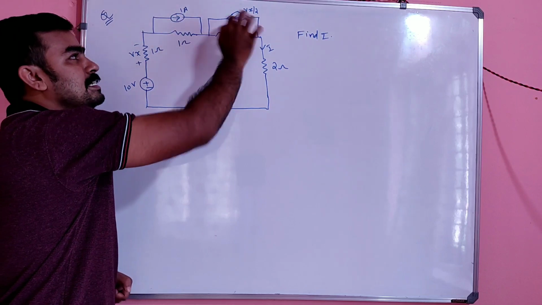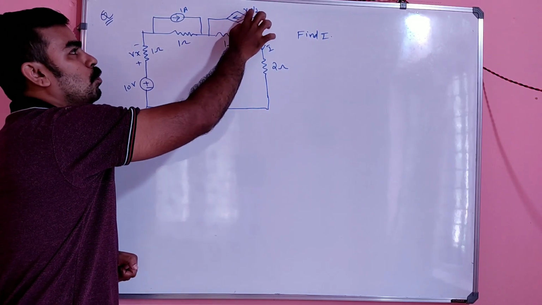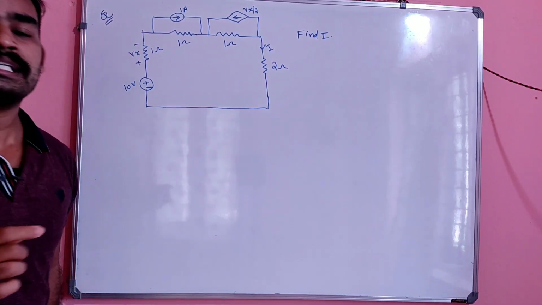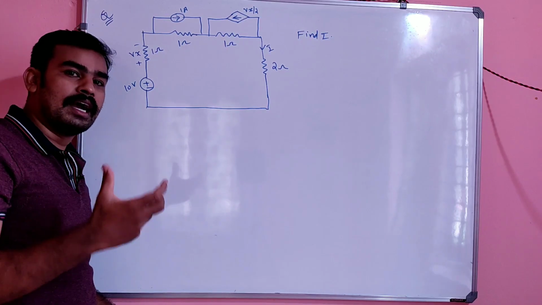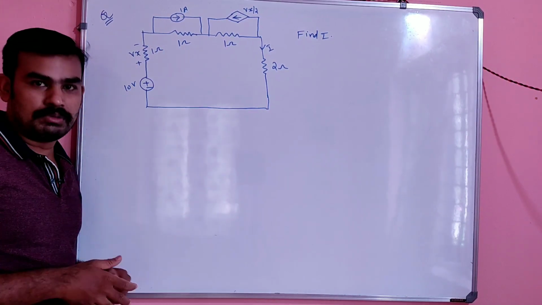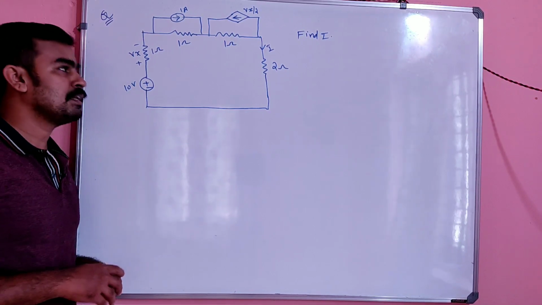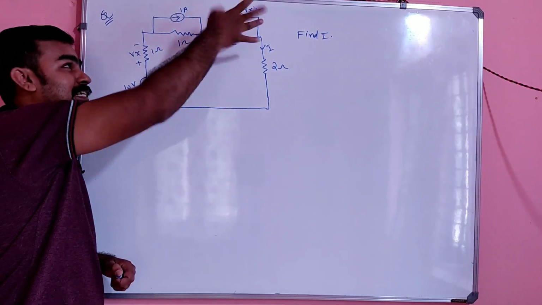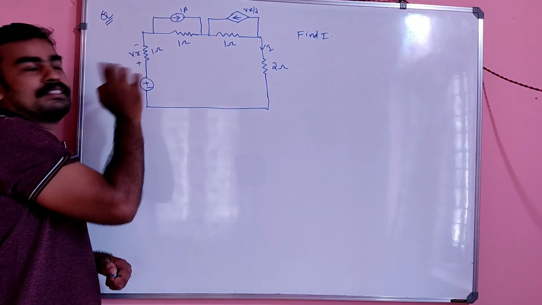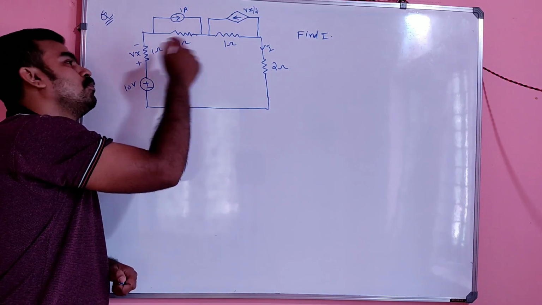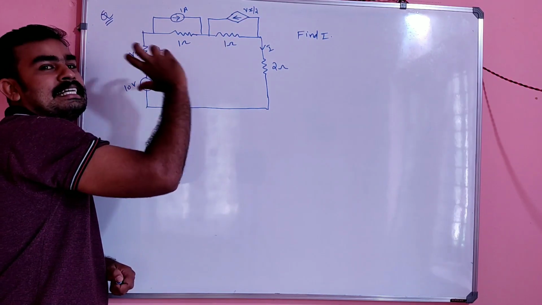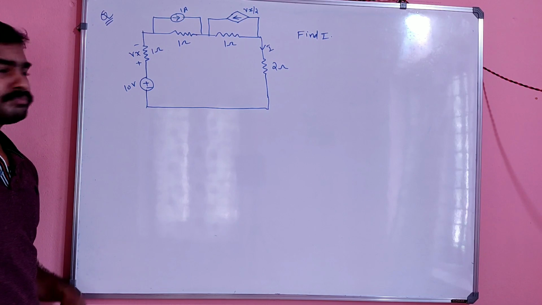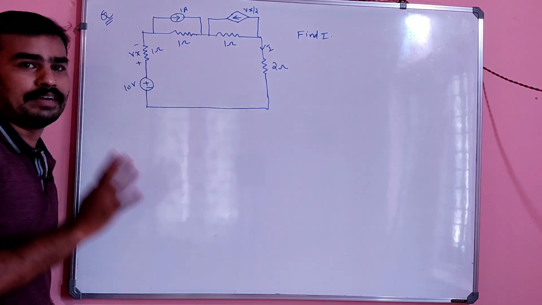So we can say that it is a voltage dependent current source, right? You have to clearly know how to name the given source. I already explained it in the last class. It is voltage dependent because it is dependent upon the voltage across somewhere; here it is Vx, the voltage across the 1 ohm. And since it is a current source, it is a voltage dependent current source. And here is the value of I, which we have to find.